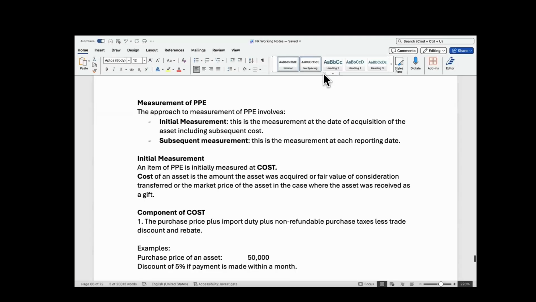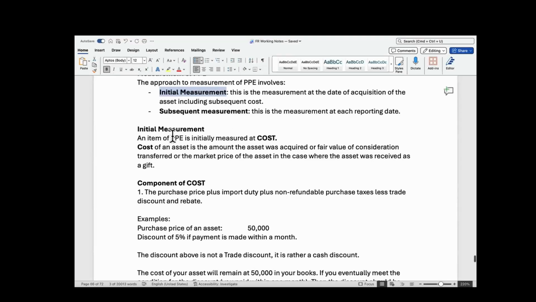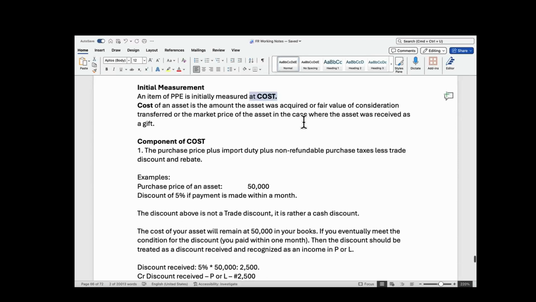Then how do you get the value of an asset? You're looking at either initial or subsequent measurements. Initial is the measurement at the date of acquisition. Subsequent is the measurement at each reporting date. Initial measurement is at cost. Cost is the amount you pay to acquire an asset,